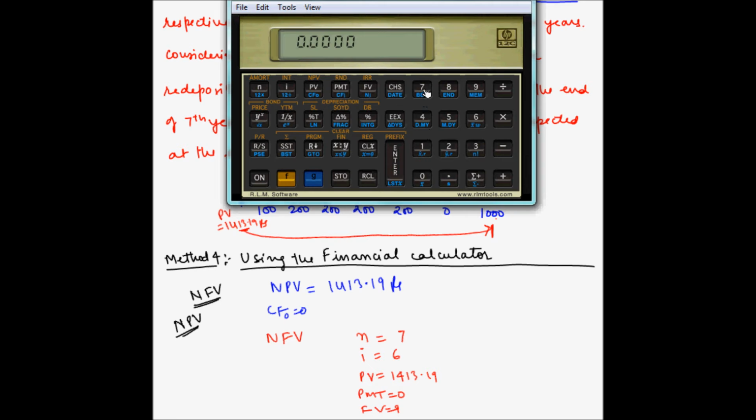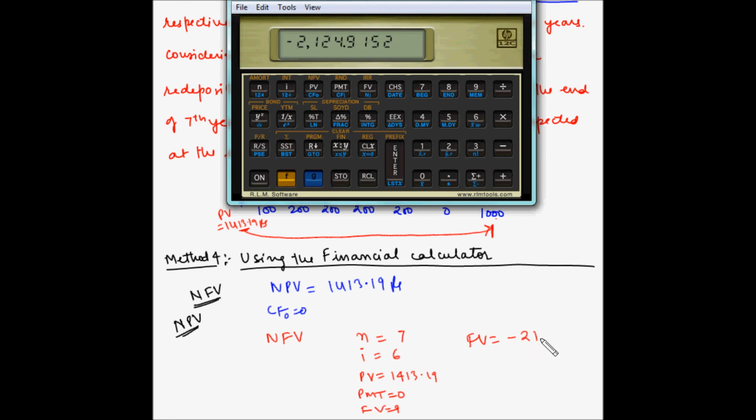So 7 is N, 6 is I, 1413.19 is PV, 0 is payment, and now we have to find out the future value. So we'll click on FV. So the future value comes out to be